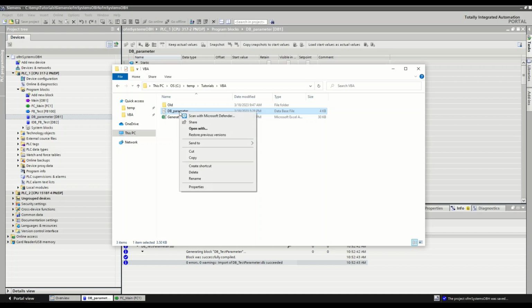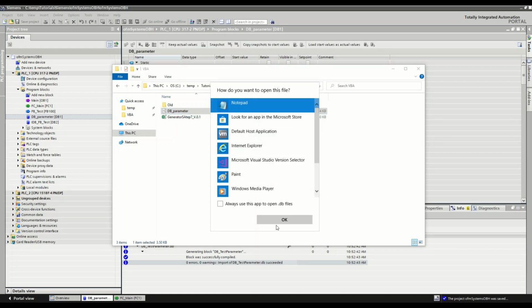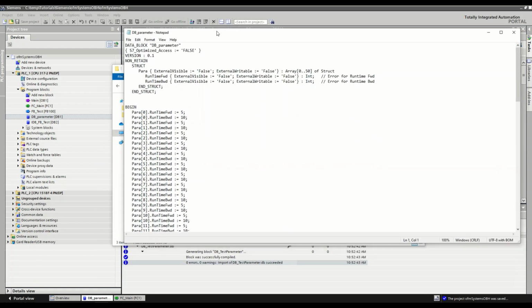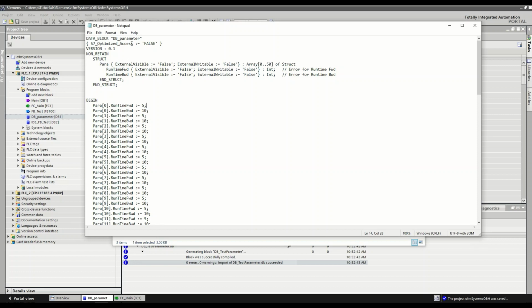So when we're going here, where we exported it, we can just go and see how the structure looks. So actually we're gonna replicate the structure in our code,